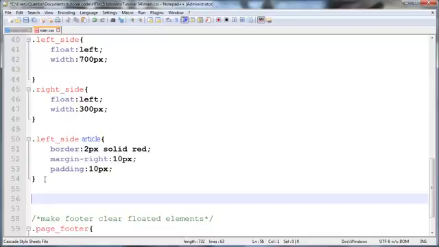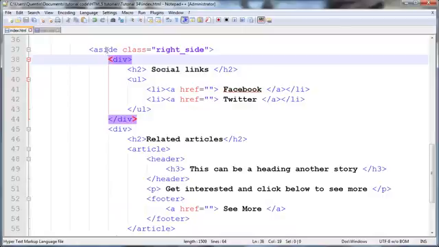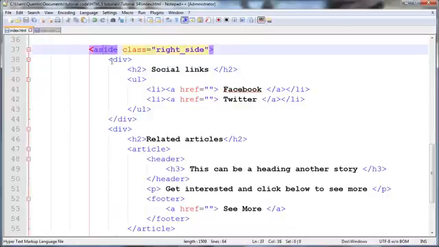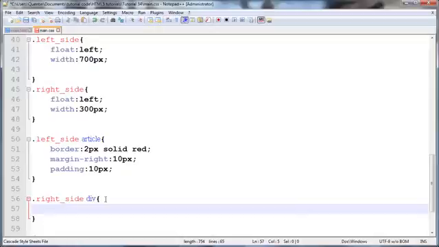So let's go ahead and say right side underscore side, and over here you can see that the inner elements of our aside tag are actually div tags. So we can say all div tags that are children of the right side. What do we want to do with those? Let's give those a border of 2 pixels, well, let's say solid blue,